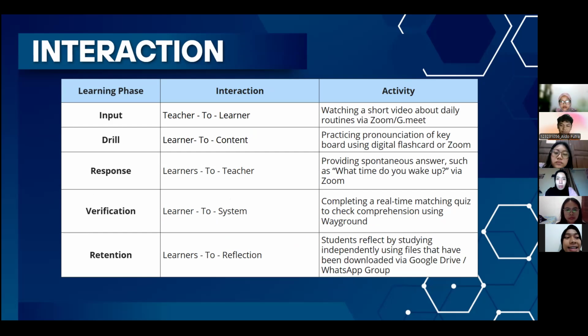Okay, next I will explain the interaction process in the learning activity. There are 5 stages. The first one is the input stage, where the interaction occurs from the teacher to the learner. In this stage, the teacher introduces the topic by showing a short video about daily routines through Zoom or Google Meet. And then the second stage is drill,